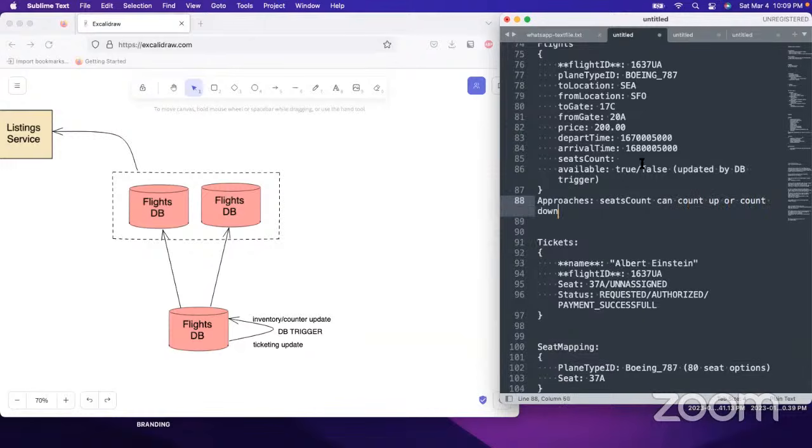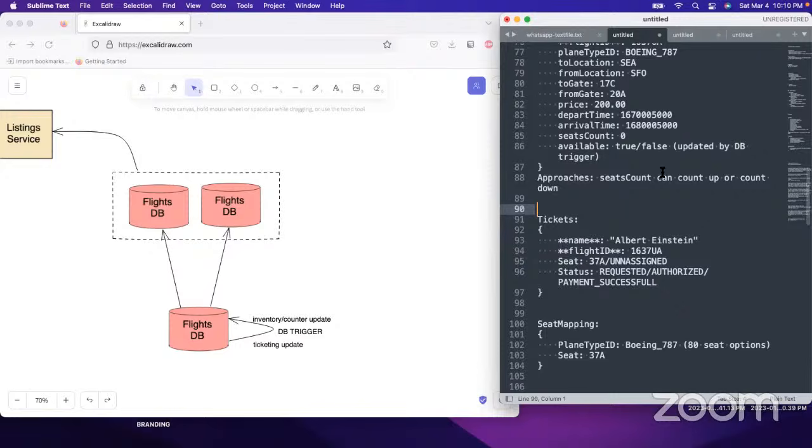I don't want to get super hung up on that, so I'm just going to have it as 0 to start with, and it'll work either way. This is what's really important for the filtering. If you make it seats count available, counting down, and it's 0, you would filter it out of your results, so you wouldn't need to have an extra